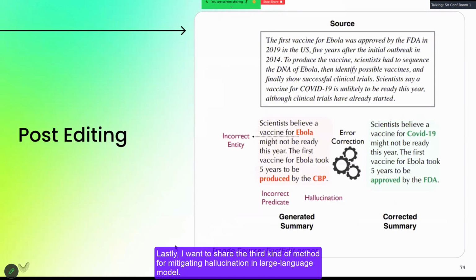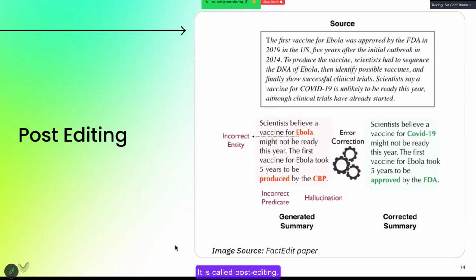Lastly, I want to share the third kind of method for mitigating hallucination in large language models. It is called post-editing. For this kind of method, you do it after a response is generated. As you can see in the example on the right-hand side,